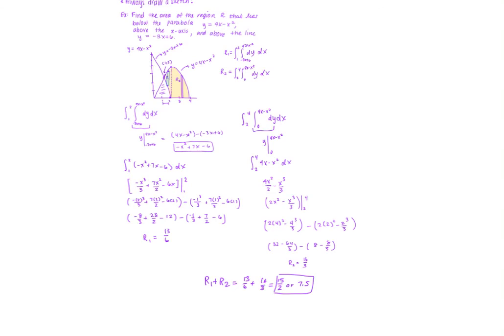I needed to have the same bottom region all the way across. And so I couldn't use the bottom region of 0 and the bottom region of the line. So I had to separate it into 2 separate regions. I set up an integral for both of those regions. I took the integral of each and then added the 2 regions together, and that gave me the total area